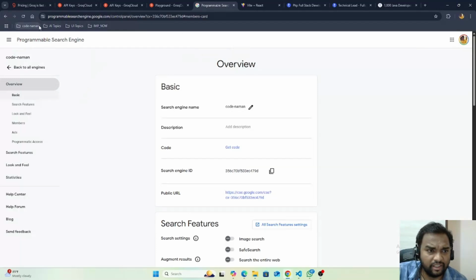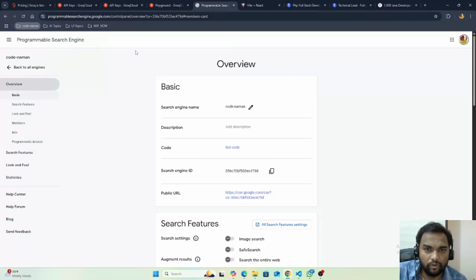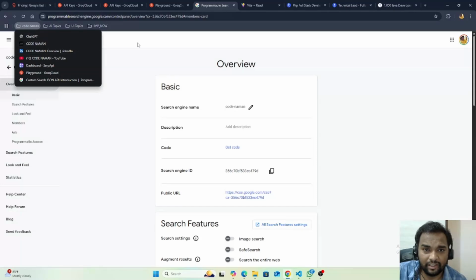One more thing is there, called SERP API. Why am I not using SERP API and Microsoft Bing? Because Microsoft Bing is going to expire next month, and SERP API is a little costly, and there is a limitation for free users.